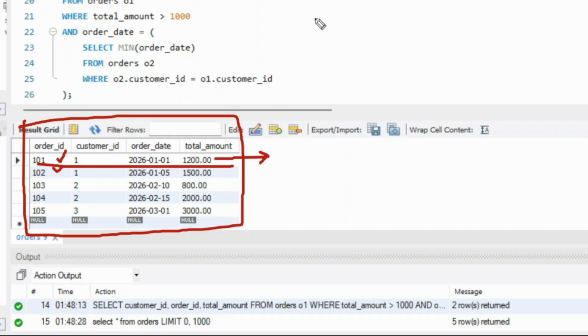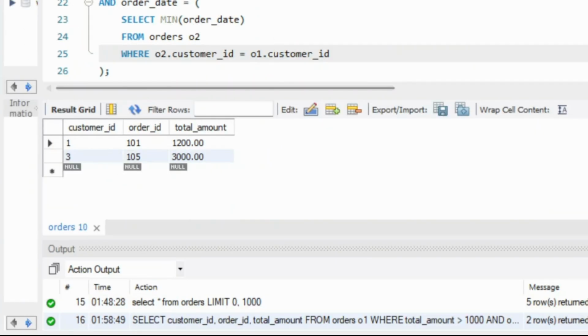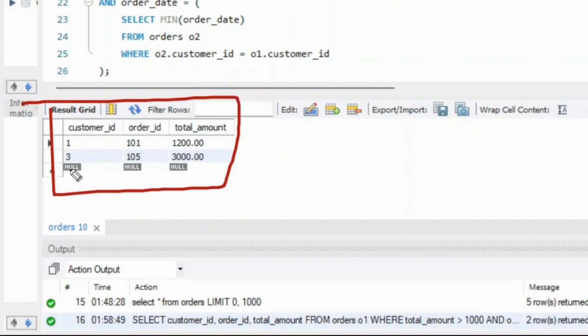So let's quickly run this query and see what the output should be. Okay, so we got these results after running this query. But wait, we are getting the data for customer ID 1 and customer ID 3. But what about the customer with customer ID 2?